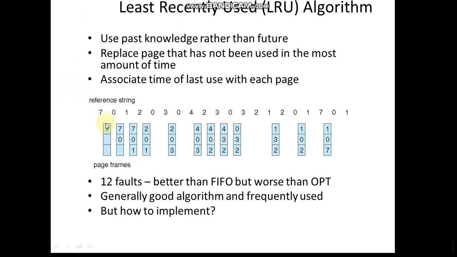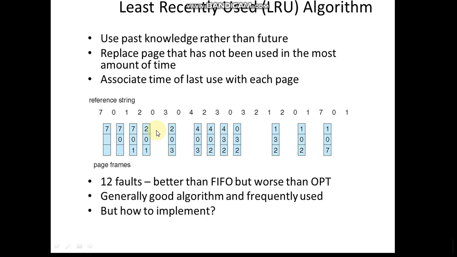As you can see, the same reference string and the same number of page frames have been taken. Up to 1 it is the same, 701. When there is a request for a new page, 2 has to be placed, right? We have 3 frames in memory, one of which has to be replaced. Least recently used, which is the oldest among these 3? The oldest among these 3 is 7, so that has to be replaced. I hope you are able to find the difference between least recently used and first in first out algorithm.